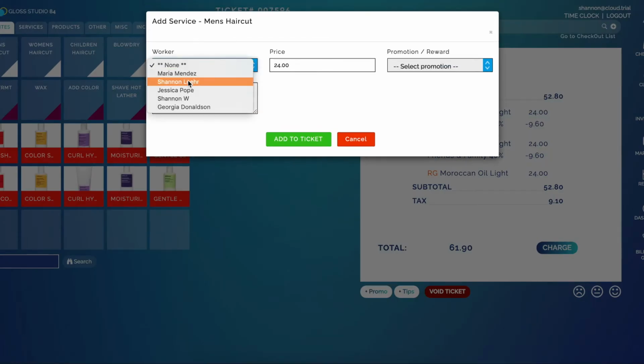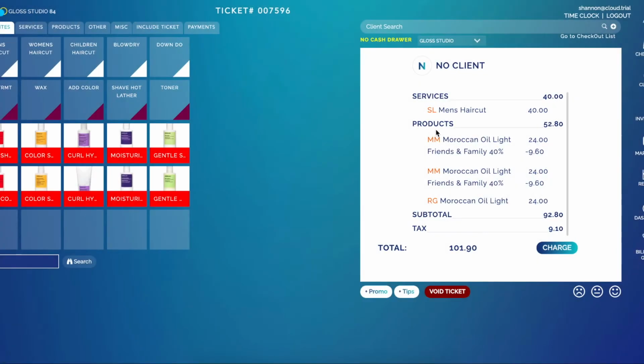So if I add, let's say, a men's haircut here and click add, again, that initial is going to show up. So anything that isn't associated with a worker isn't going to have those initials, but we thought that was a really fun addition. The other thing we did is we added the ability to